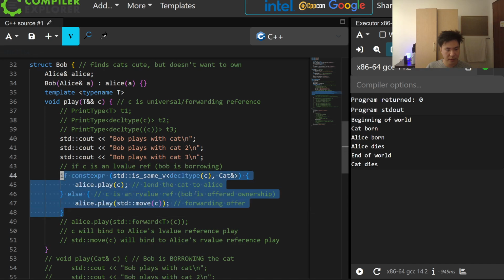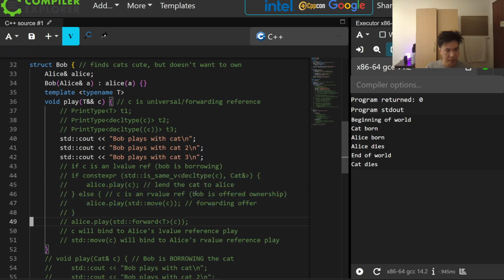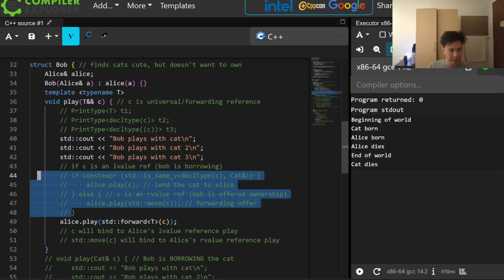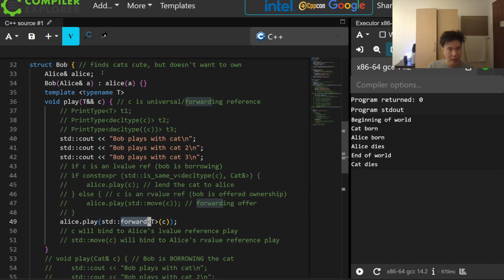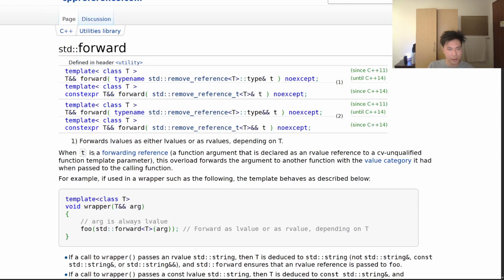And this whole chunk of code over here is essentially std::forward, right? So std::forward is a nice shortcut for essentially this logic. If we look at the reference, we see that when T is a forwarding reference, and so on. Sorry for the flashbang of the light mode, but we see that